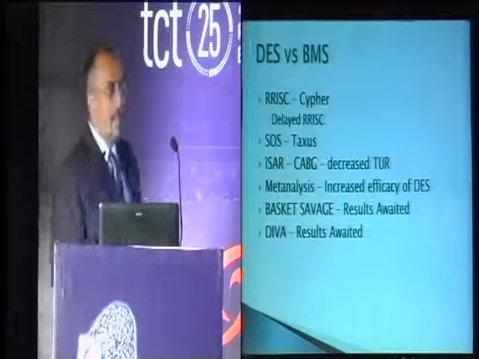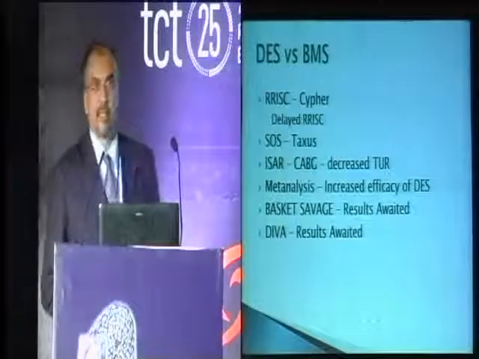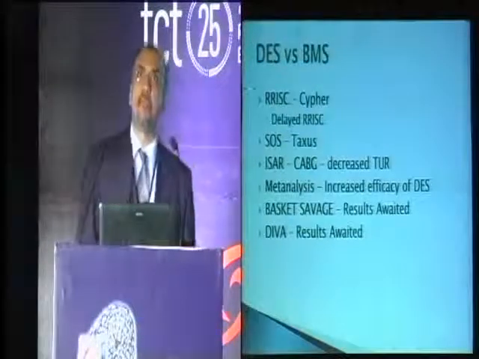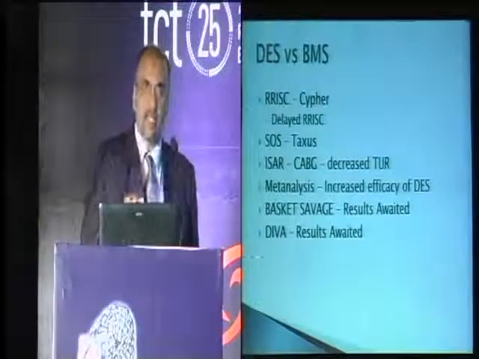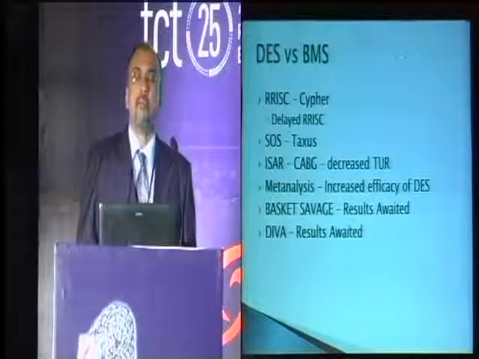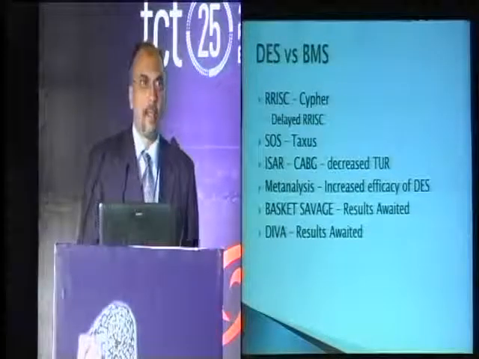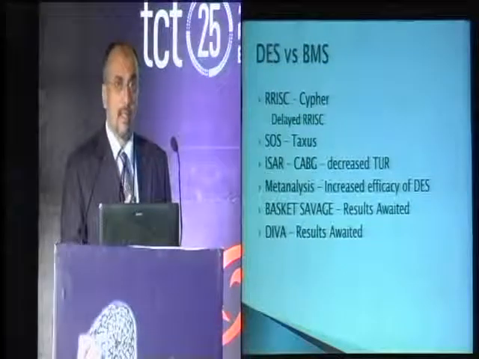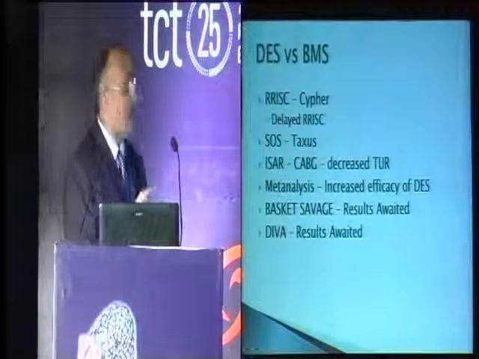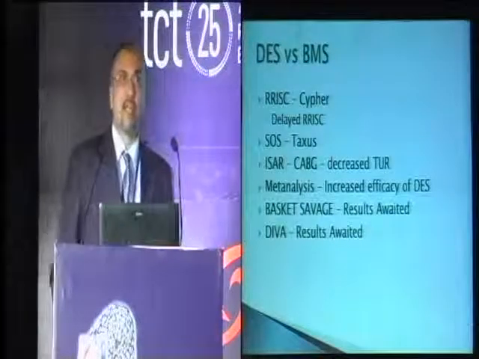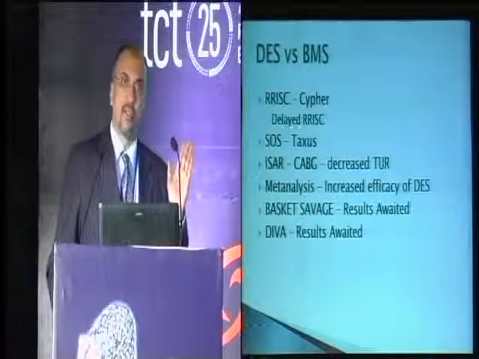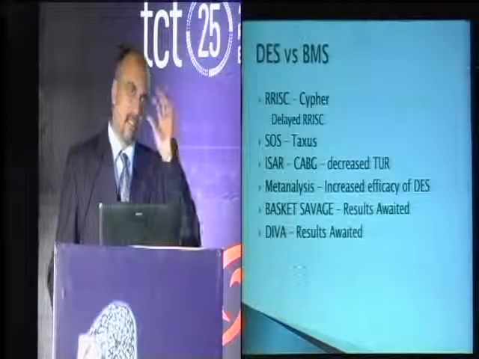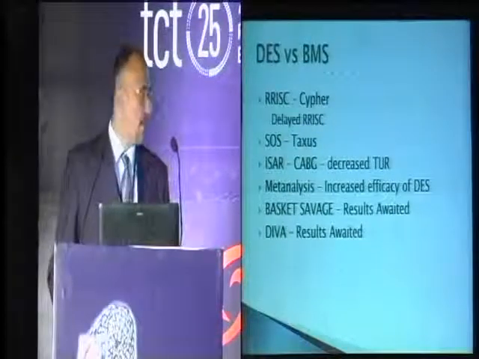Then the next thing is drug-eluting stents versus bare metal stents. If you look at this first study, the RRISK, where Cypher stents were implanted in patients with SVG grafts, there was a huge brouhaha and people said that this is going to be the best thing. At 6 months, Cypher did very well. But at the end of 1 year, the mortality had grossly increased, a huge increase in mortality in patients who had received SVG stents, saphenous vein graft stents with Cypher.